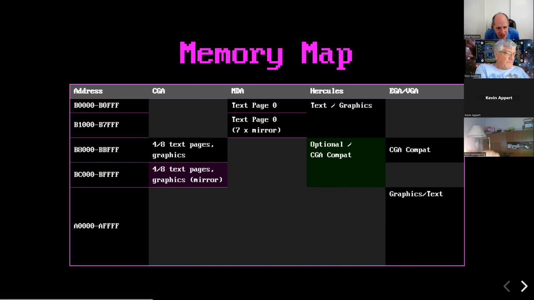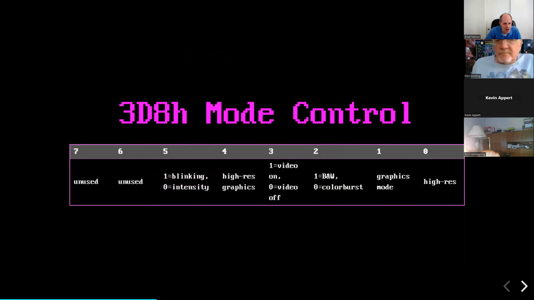So this is one of the first cases of being able to attach multiple monitors to a system, but you had to have one of them be monochrome and one of them be a CGA or later an EGA or VGA. Some folks would apparently use this to attach a debugger and have that alongside. That output port that I was poking is actually called the mode control register, and